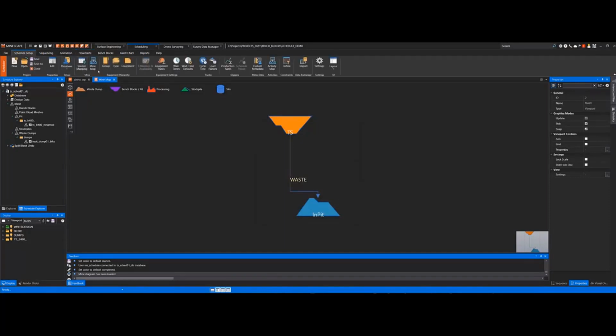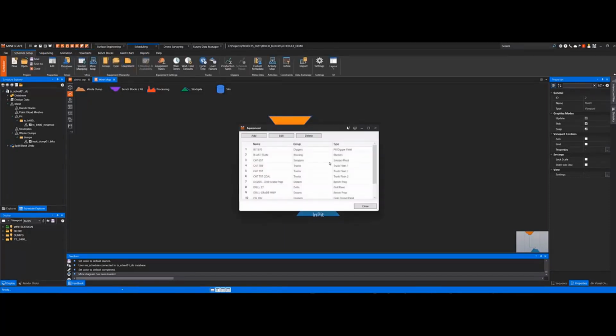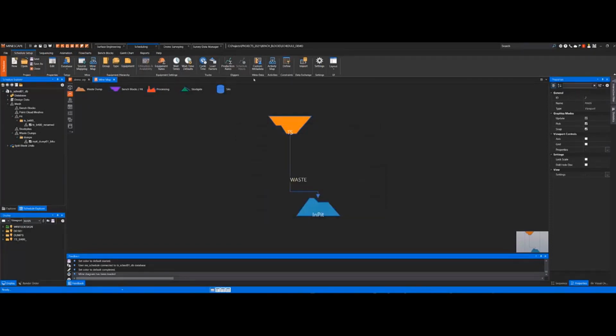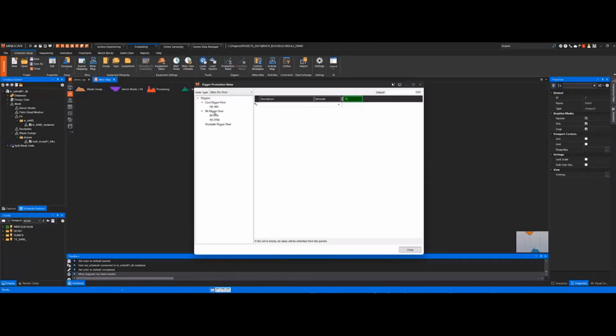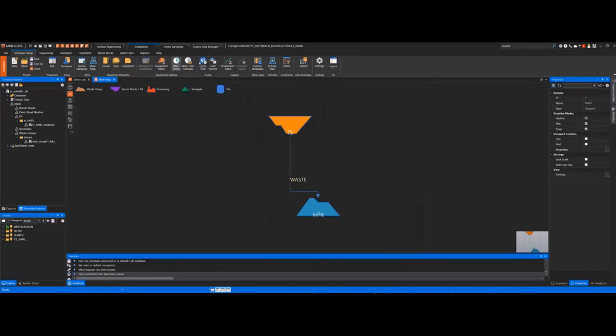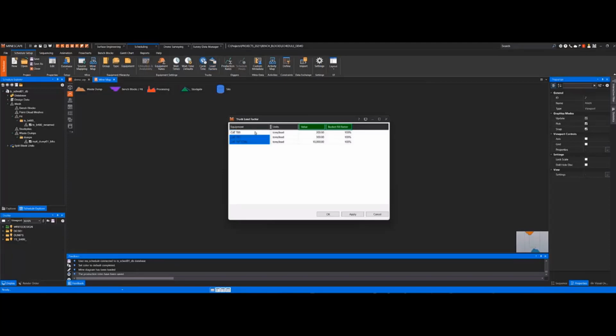Go back here to setup. We have our source. You set up your equipment. Just define your equipment and what group and type they belong to. I would go ahead and set my production rates. So if I look at the 2700, my production rate is going to remove waste at 1,000 cubic meters an hour in this case. You set up all your equipment, your diggers, and then what you need to do is go ahead and set up your trucks. In this case, my 789, you set up your load, your bucket, your load factors, and your bucket fill factor